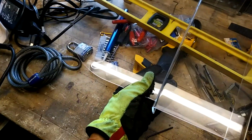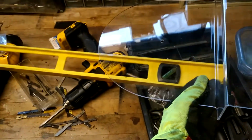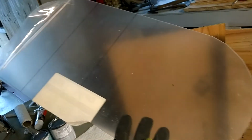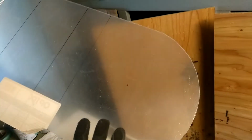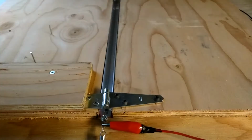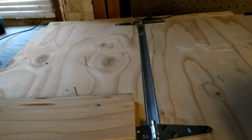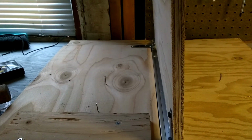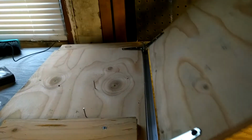So, as I discussed earlier, I'm going to put this down so it doesn't get scratched, right there. What I did was I used it as a template, and I got some plexiglass. It's got some protective film on it, that's why it's so dull. And I basically measured it out, and I drew lines where my folding portions would be to match that. And basically I built this heat press, this acrylic folding table, which has a nichrome filament wire there that heats up, and then what I can do is I can bend it up to basically form